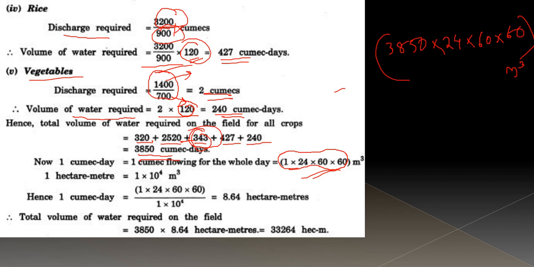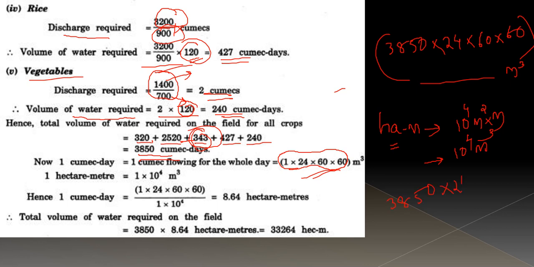Okay, now we have to convert this into hectare meter. Now hectare meter is another unit of volume, which is 1 hectare is equal to 10 raised to 4 meter square into meter, that is equal to 10 raised to 4 meter cube is 1 hectare meter. So you have to convert this value to hectare meter. For that we can divide this value by hectare meter, that is 3850 into 24 into 60 into 60 by 10 raised to 4. If we do that, you will be getting the value as